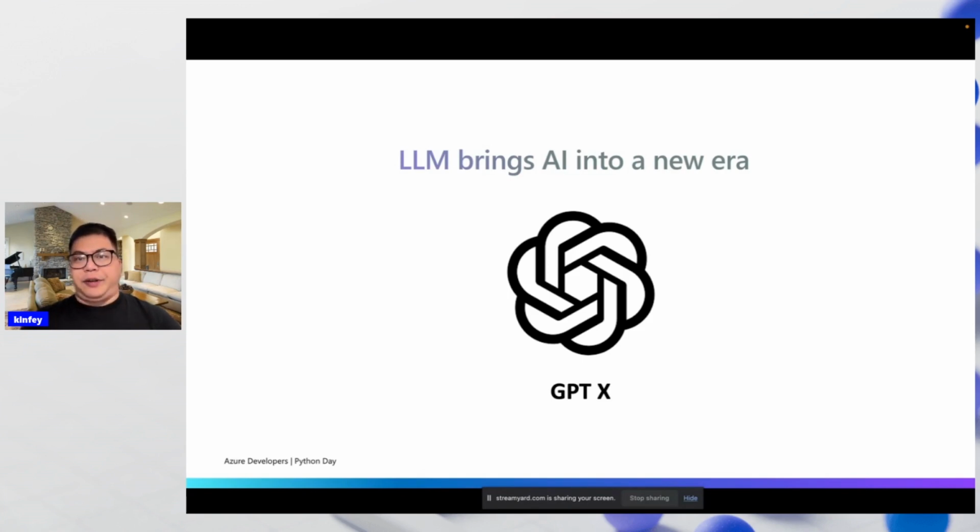Not just before, no GPT. We only built models that focused on one thing. Just like you build computer vision, it only focuses on some image classification or some object detection. But this time, we can use GPT to do more. Not only focus on understanding NLP, it can create NLP. So it's amazing. It changed the world.